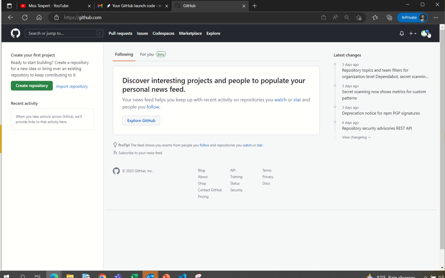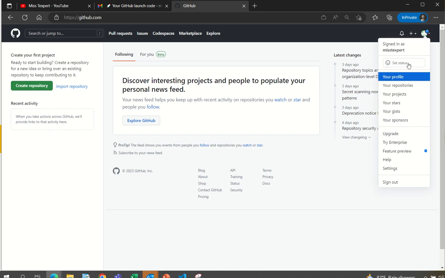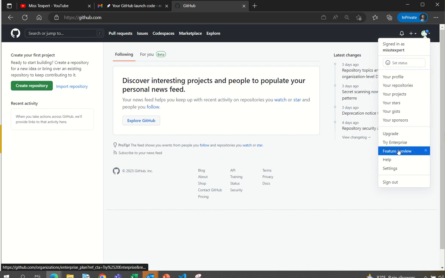In this upper right corner, you can see a circle along with the drop down option, right? So let me just click on this drop down option. In here, they say that I'm signed in as Mr. Expert, which is my username. And in here, I can go to my profile and the repositories, projects, and everything, right? And I can sign out from here. And if I go to my profile,